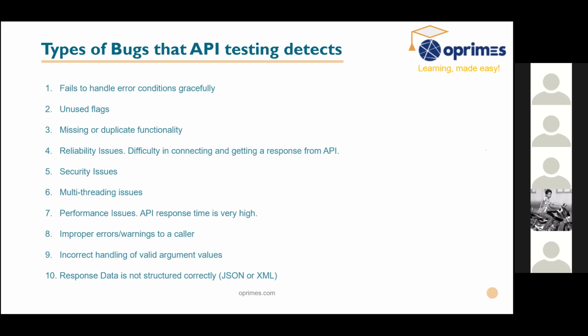Improper error or warning. Like I said, I am expecting 200. I get the status as 200, but my response body is saying error in response. So this is totally irrelevant. 200 is supposed to get me a success message only, but it is having the error message, so the status code is wrong. The warning should be correct. Incorrect handling or validation of argument values. This is the first example I have given you. If you have a different data type and it is accepted, you are expecting an integer, but you are sending a string, but it still works, then it is an error, it is a bug.